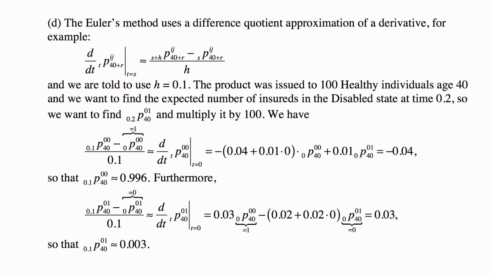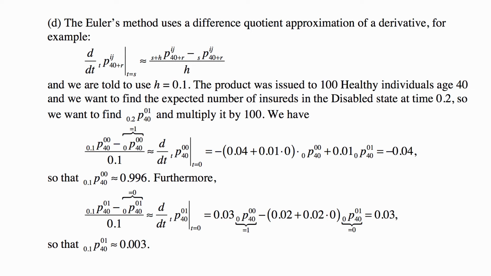So if you have a derivative of, say, this kind of probability of transition function, it's written as a function of t, and we evaluate a derivative at a specific point s. Well, what is it going to be? It's going to be the value at s plus h minus the value at s, divided by h, and as you let h go to 0, this will be the derivative. That's the definition of a derivative. And he said, well, this right-hand side, which in calculus we call the difference quotient, is approximately equal to the derivative. And we are actually told to use a difference quotient for h equal to 0.1.